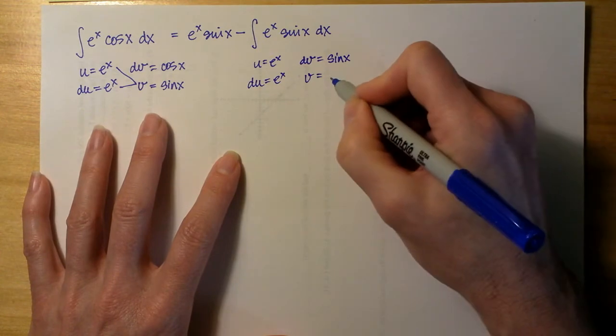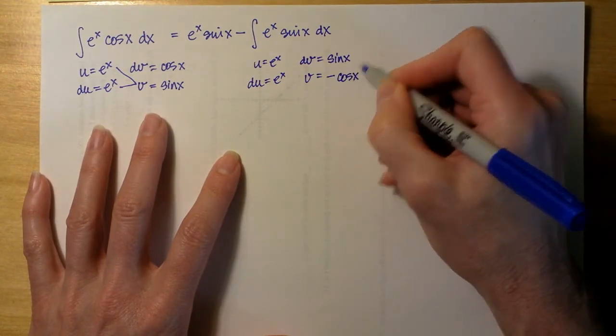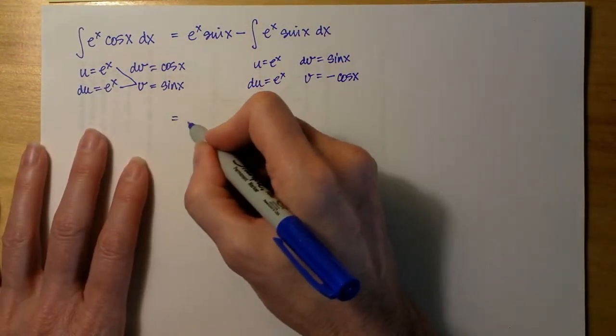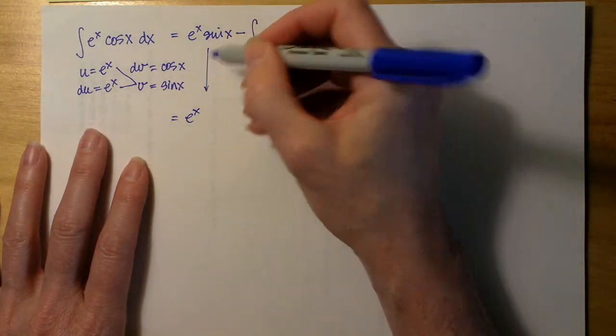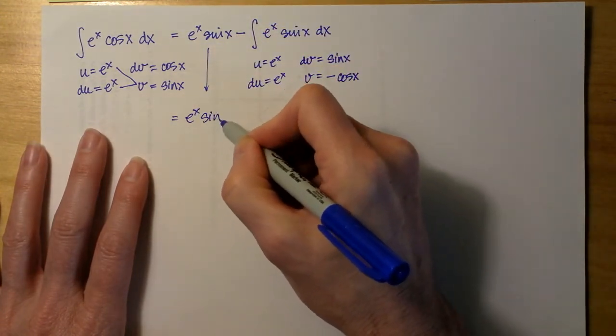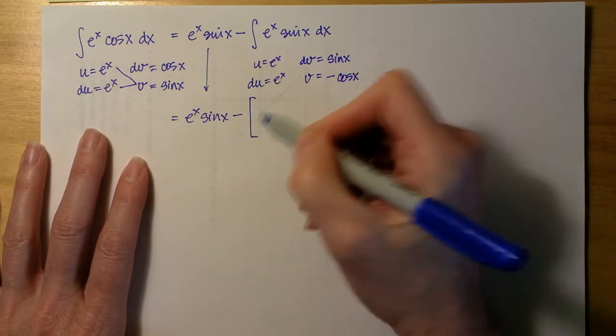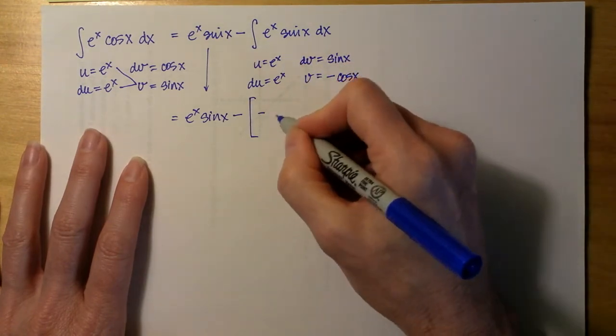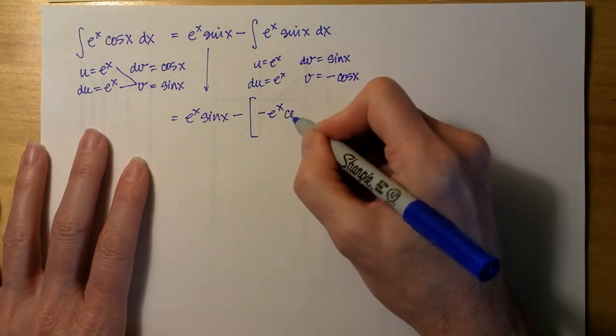And v, I guess, is going to be negative cosine of x, right? So here's this part. And then we're supposed to subtract this times this, so negative e to the x cosine of x